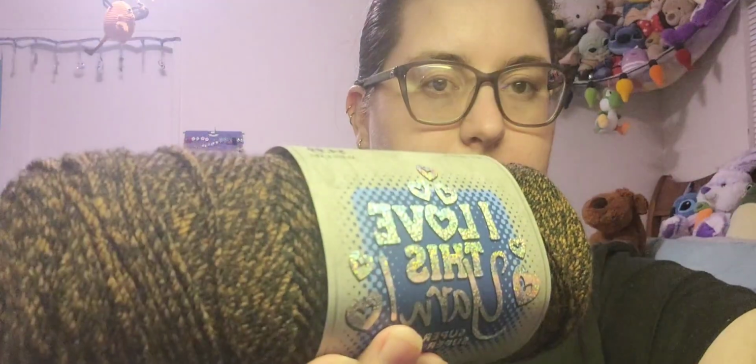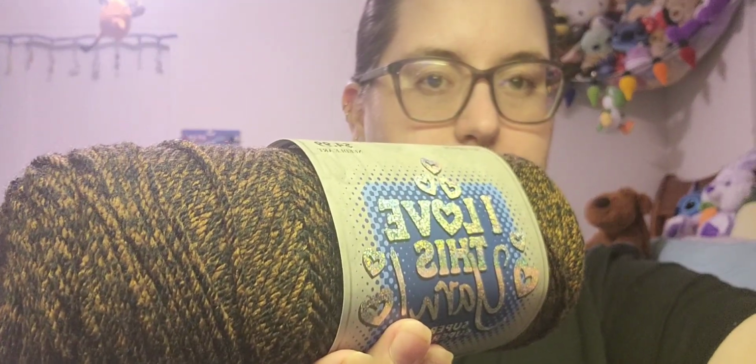So I went to Hobby Lobby and I found this one, and I think what I want to do is use this on the top of the fish for the body, right? And then for the bottom, my camera will not cooperate. For the bottom, I want to just carry a solid brown yarn, so the speckled effect will be on the top of the fish only. And I think I'm going to start with the German brown trout, because